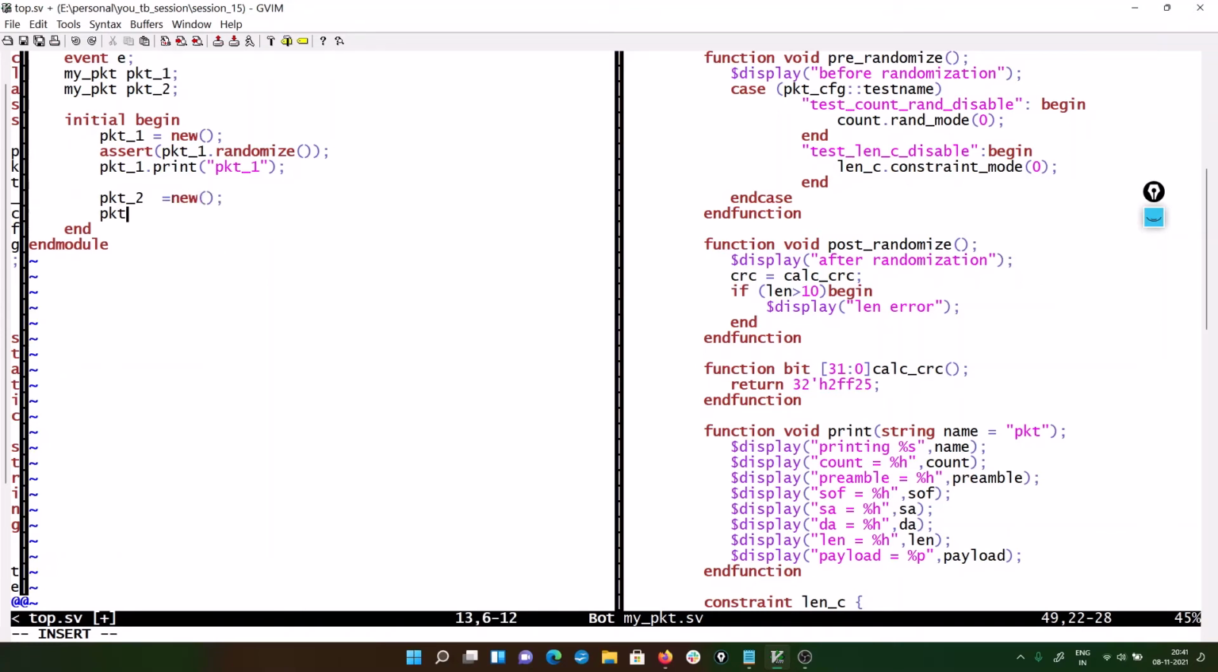After that, not this, let's write assert pkt underscore 2 dot randomize, and after that we can print pkt underscore 2 dot print, and here we can pass the argument that we are printing the fields belonging to pkt underscore 2. Okay,